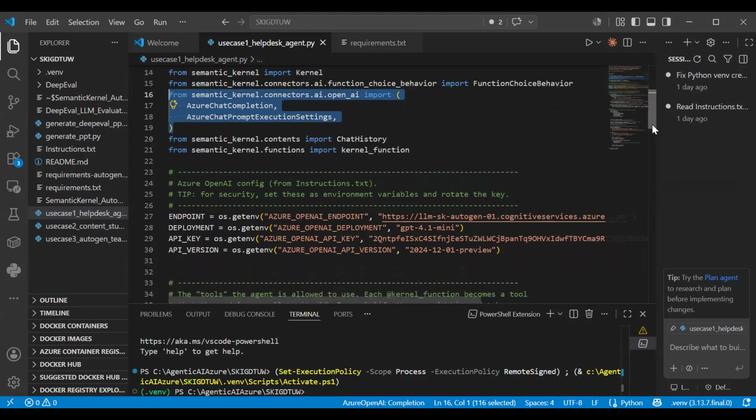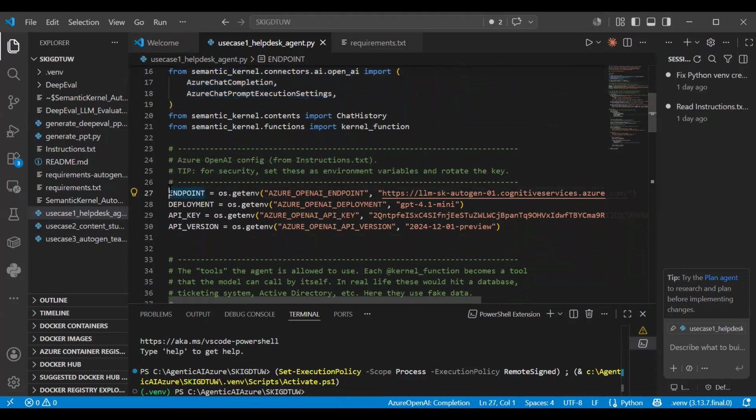Now, if I go down, all these dependencies are required. This is a hard coded one. I wanted to create only one script so that you don't get confused, so I'm using these hard coded environment variables and putting them into a single Python script. Otherwise, I would have a .env file, which we have seen earlier in coding as well. So what do I need to give access to so that I can create this semantic kernel? The Azure OpenAI endpoint. I'll show you where I'm getting it from. Then the Azure OpenAI deployment, the Azure OpenAI key, and the Azure OpenAI API version.